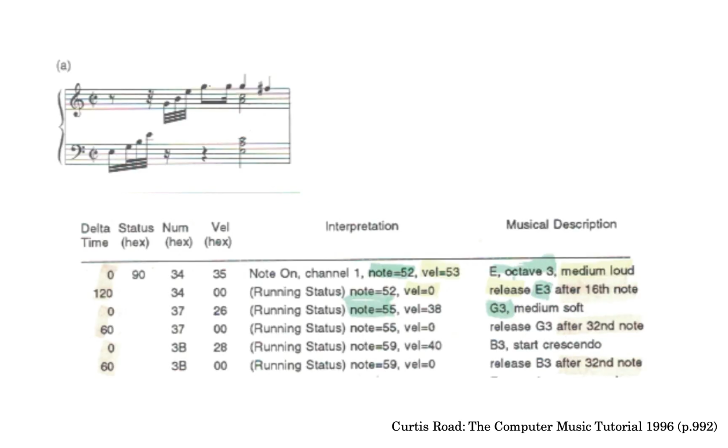Here is how MIDI interprets a musical excerpt. At time 0, the first note is E3, note number 64 with velocity 35, which is medium loud. And at time 120, again note number 64, E3. Running status means it is also a note-on message like the previous message, so the second MIDI message is sent with just 2 bytes, omitting the first status byte. This is a note-on message with velocity 0, which is equivalent to a note-off message.